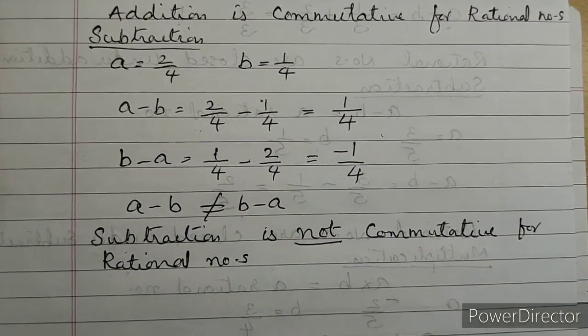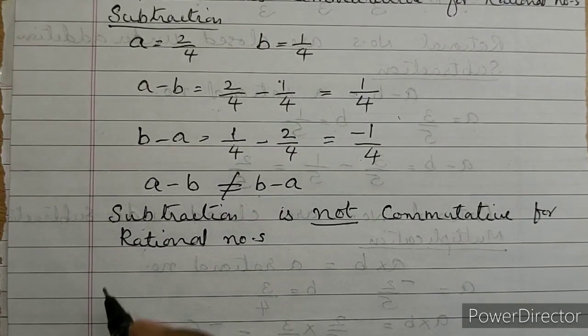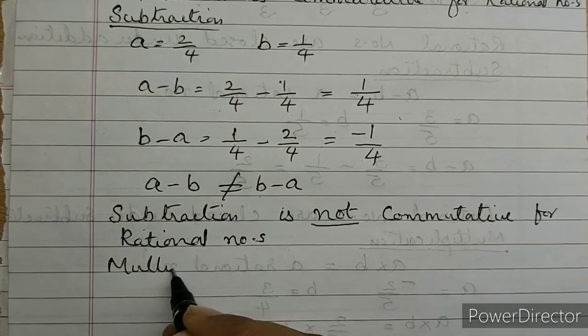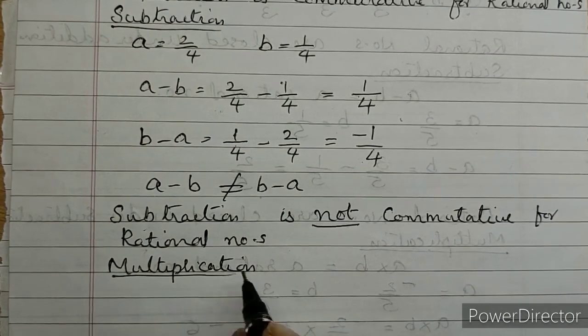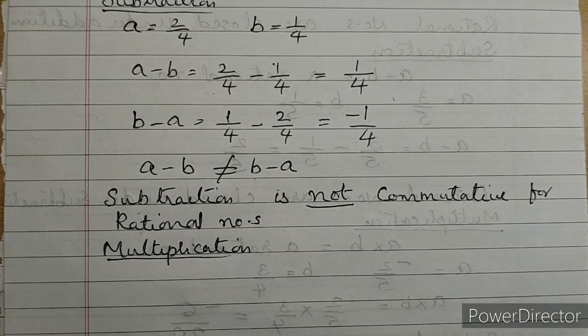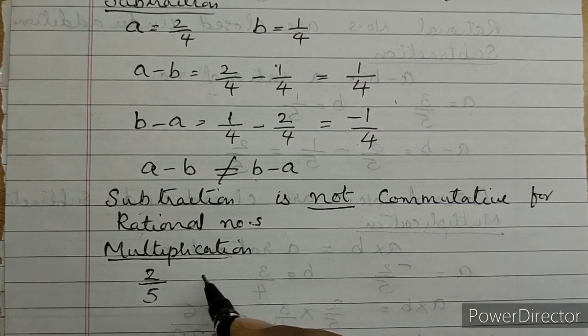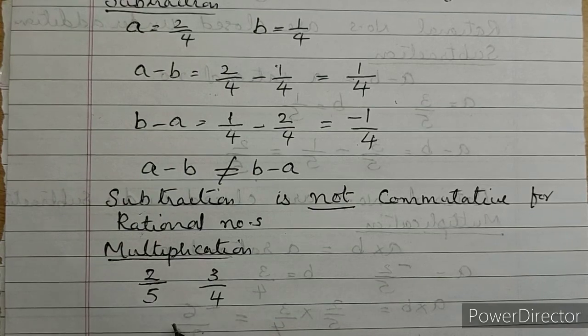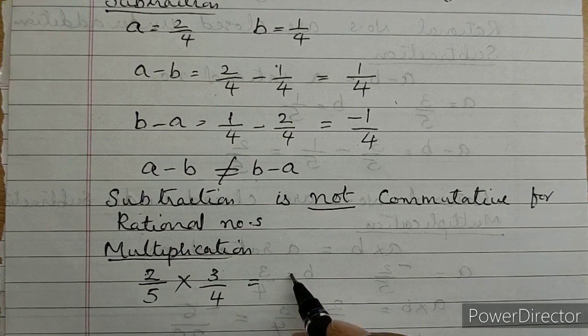Subtraction is not commutative for rational numbers. Similarly, you have to check for multiplication. Take two examples. Check whether a into b is equal to b into a. Let a is equal to 2 by 5 and b is equal to 3 by 4. So a into b means 2 by 5 into 3 by 4, which is equal to 2 3s are 6